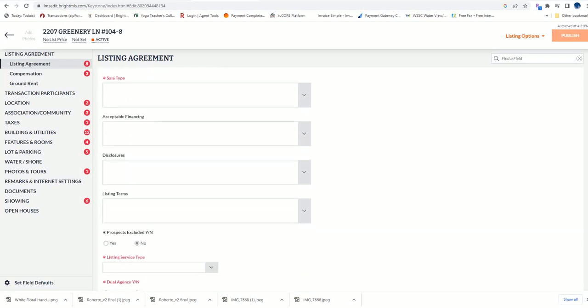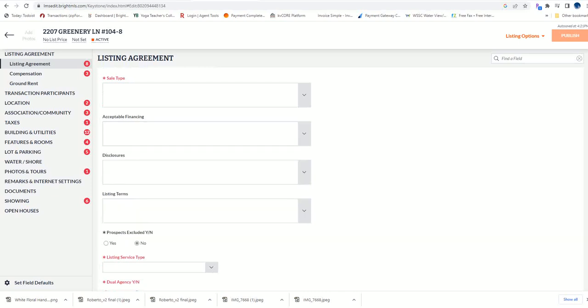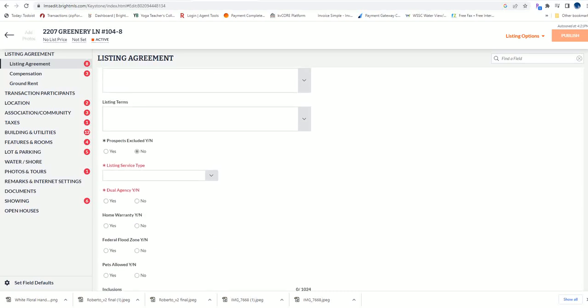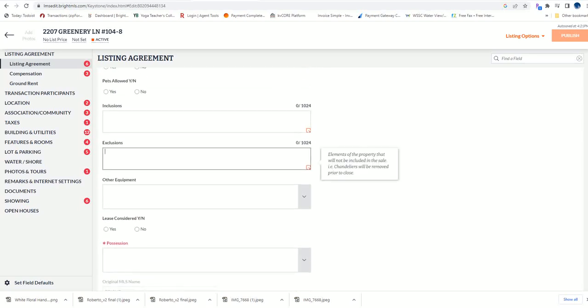And then you have a lot of boxes for acceptable financing. All of these are optional. You don't have to fill them out. They're not required, but you always can if you wish to do so. The listing type will be full service, dual agency. In this case, it's yes. The inclusions and exclusions,